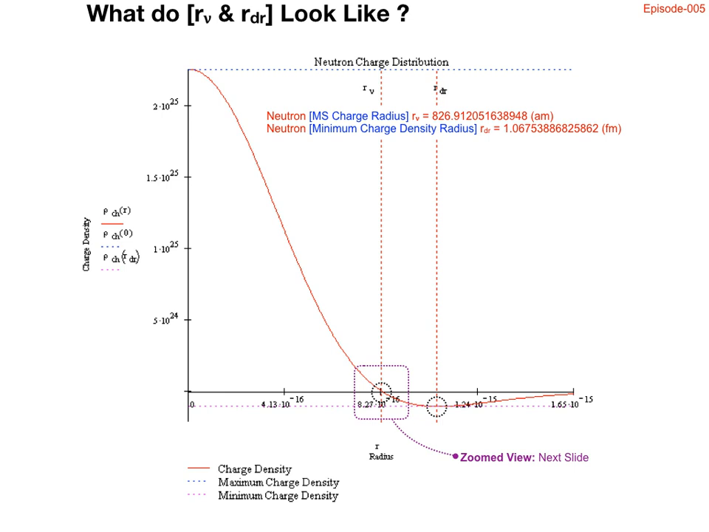Three important features of the graph are as follows. Number 1, the neutron mean squared charge radius, R sub nu, coincides with an effective value of zero charge density and crosses the x-axis as indicated. We will cover this point in more detail on the next slide. Number 2, the minimum charge density radius coincides with R sub dr as indicated. Number 3,